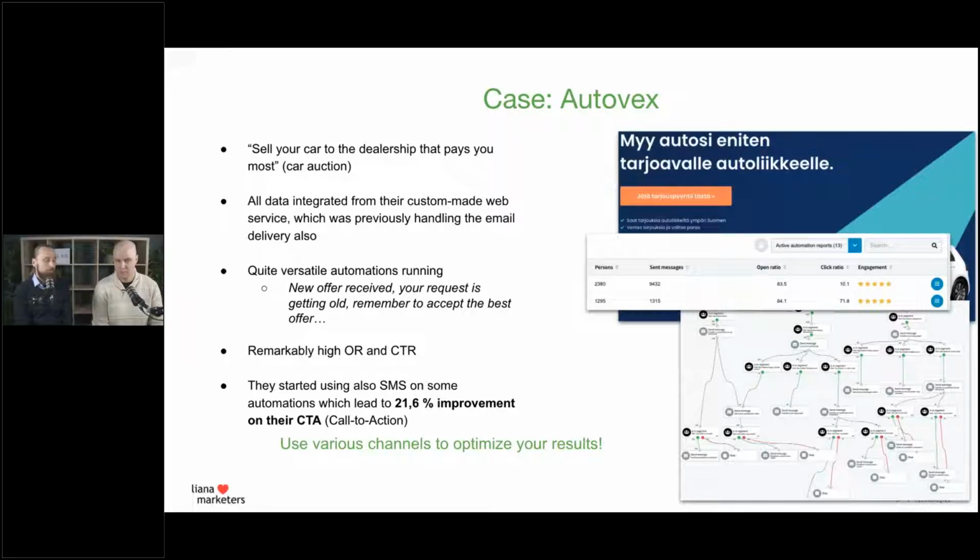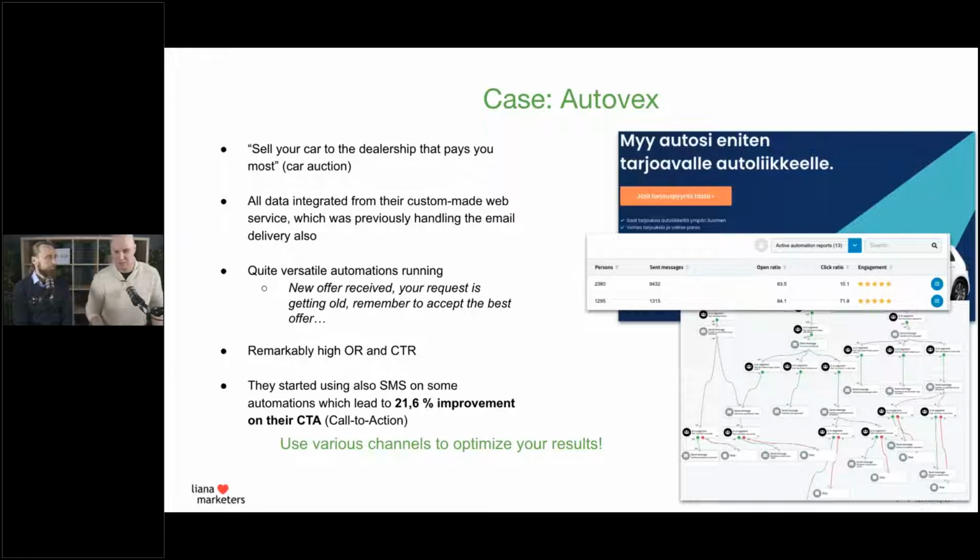Yeah. And about those CTAs, opening rates and click-through rates, if I would use this service to sell my car, I would be so interested when I get a new bid.